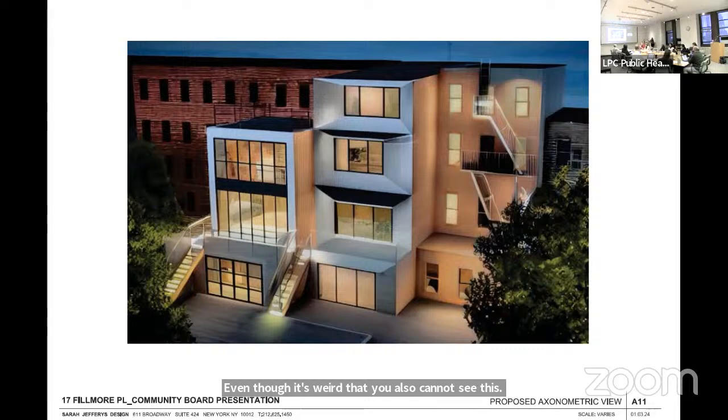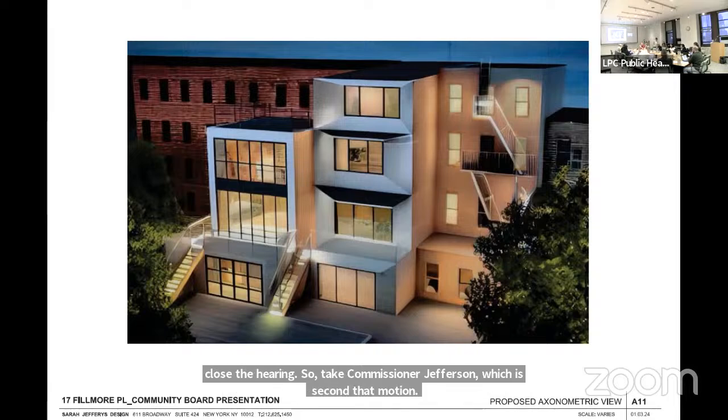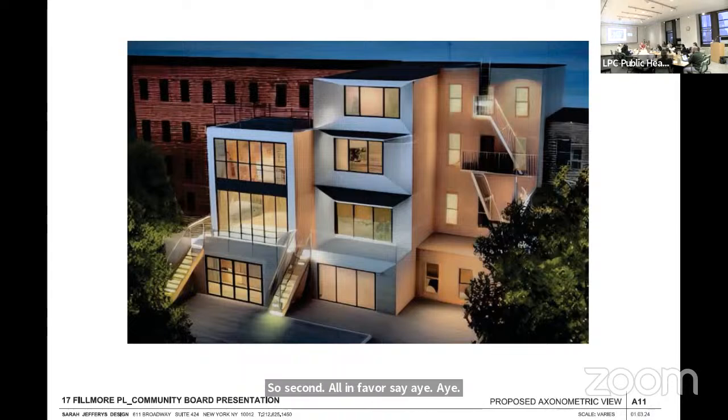Commissioners, any final questions? All right, Commissioner Lutfi, would you make a motion to close the hearing? So moved. Commissioner Jefferson, would you second that motion? So second. All in favor, say aye. Aye. Any opposed? Okay, we'll begin our discussion, and this is an application for a rear yard addition in this